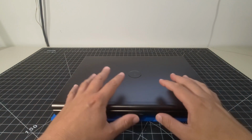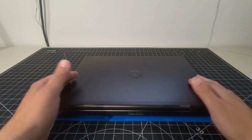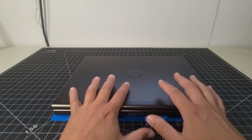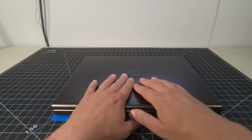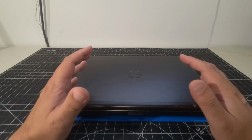Okay, so the first thing we're going to do is just go over the system as we do, the exterior, and then we'll load it up and see what kind of hardware came with the system from 2011. And this is really pushing the edge of what I want to do on the channel, but it being a Dell and in this great shape, and it being 12 years old, the hardware is still